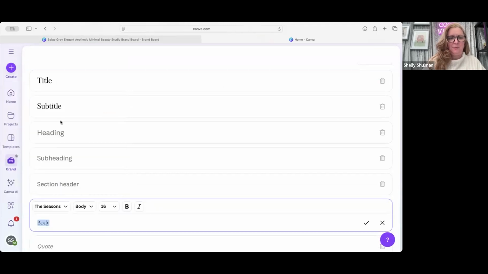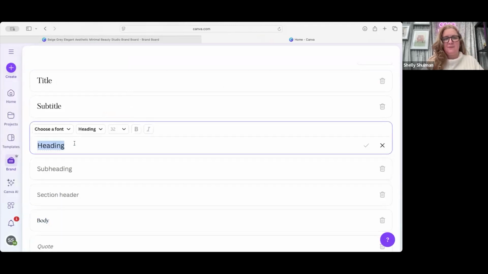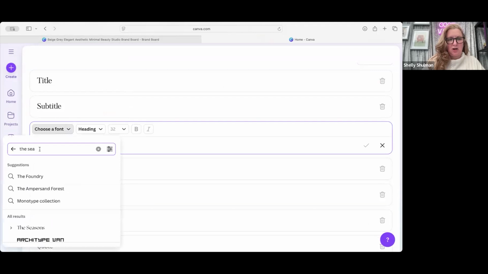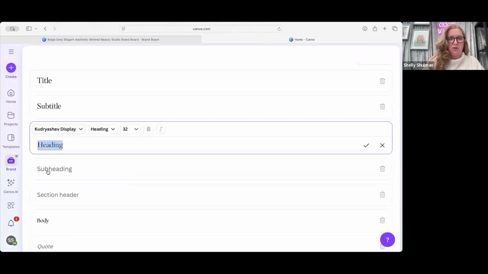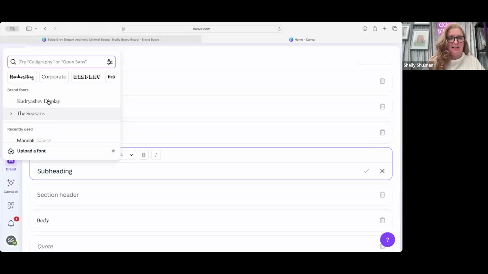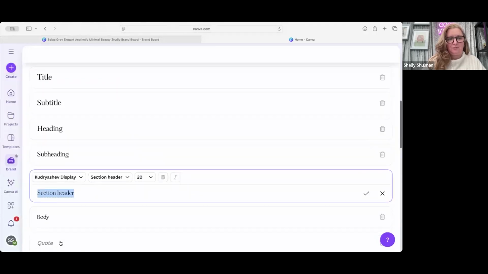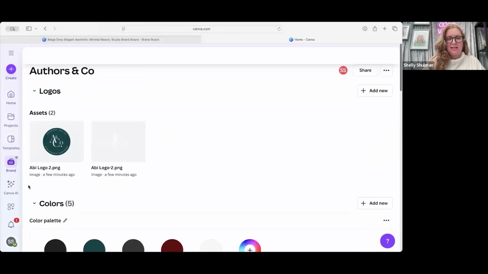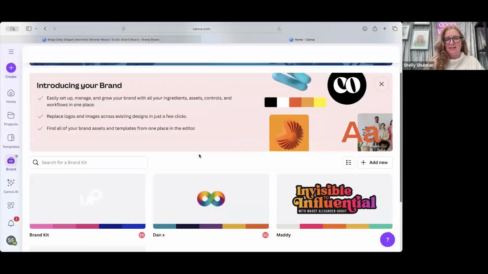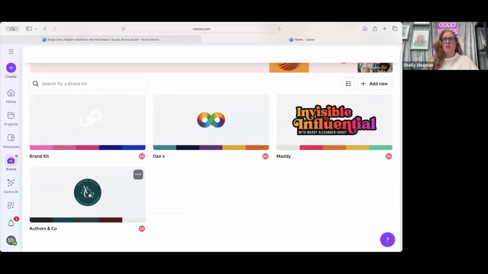There you go. So you would do this for all of the different types, all of the different fonts that you would use and where you would use them. So whether you use them in subheadings, etc. So once that is done, if I go back to brands, you can see that that is now set up. Now, the reason this is